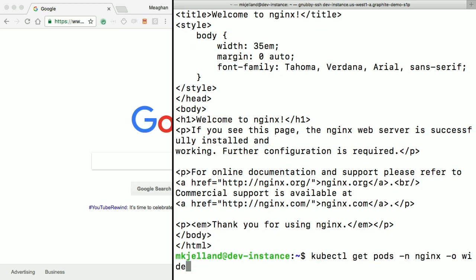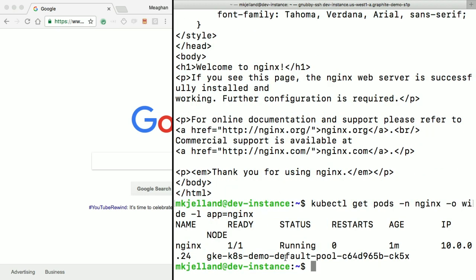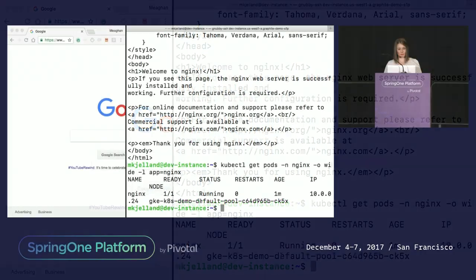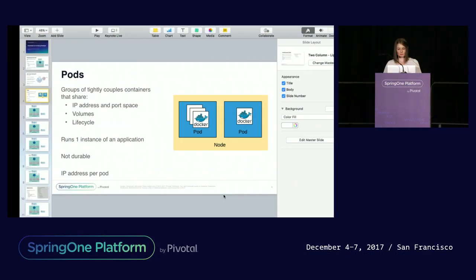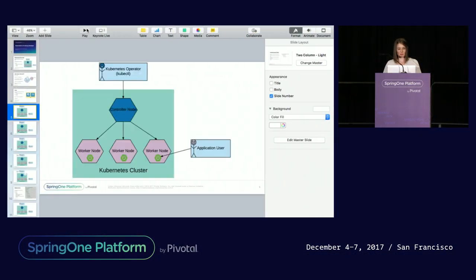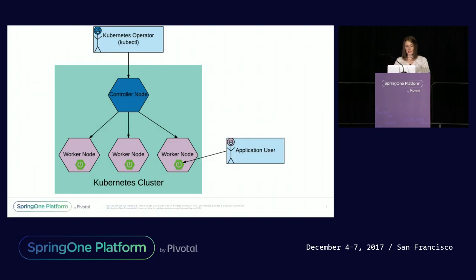Another thing you can do is select based on the label. Since this has app equals nginx, it'll show up if I ask for pods with that label. Cool. So some other things you probably want from your cluster: if you have 3 of your pods running and